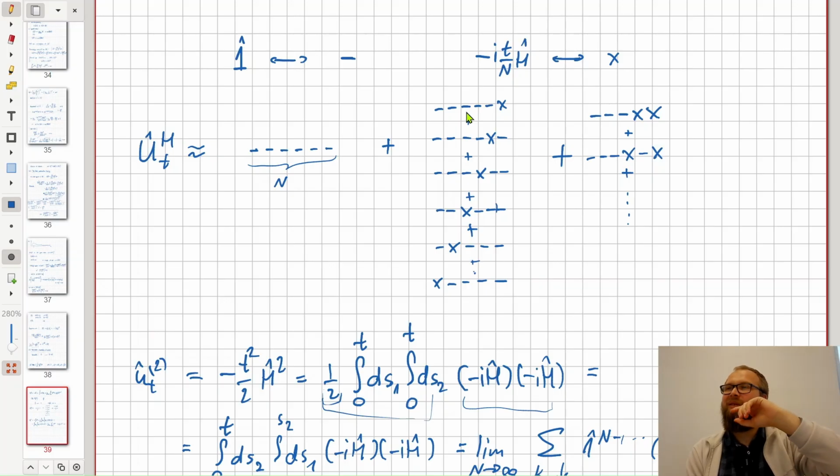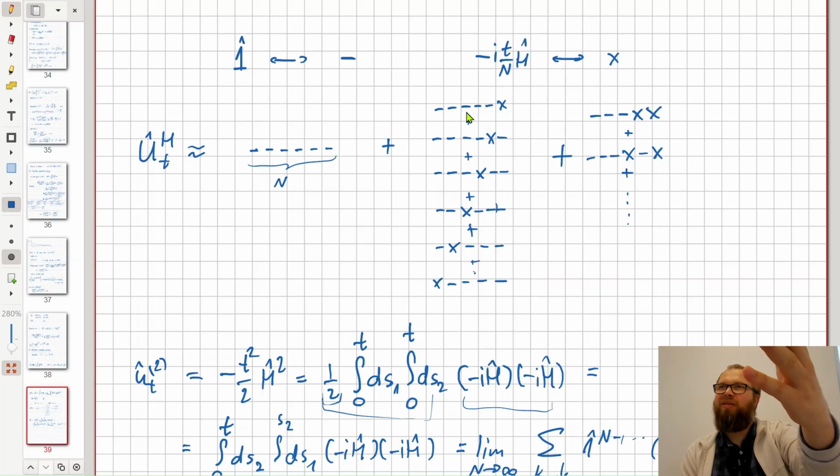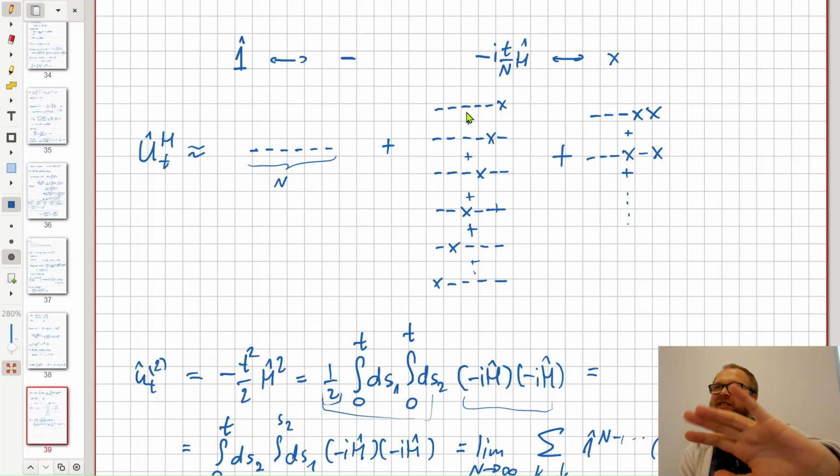When you say this, you are describing what you are seeing in your Schrieffer-Wolff transformation, basically. And this is fine as long as you don't try to